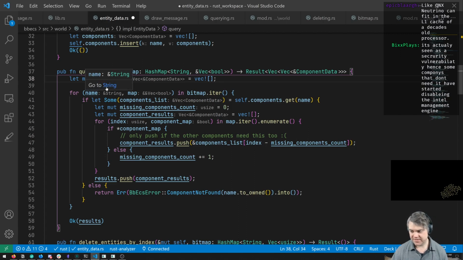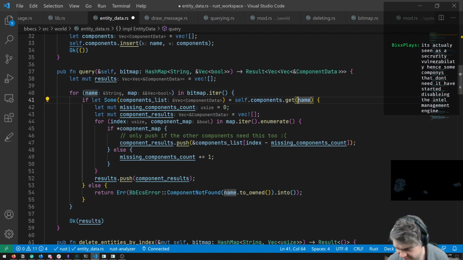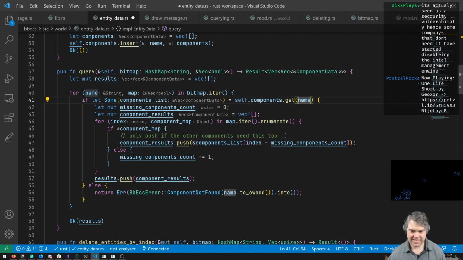Some companies that don't need it have started disabling the Intel management engine. Interesting. Okay. I don't know exactly what is causing that. I guess people can boot that up and get around some security of the normal kernel. I could see that.